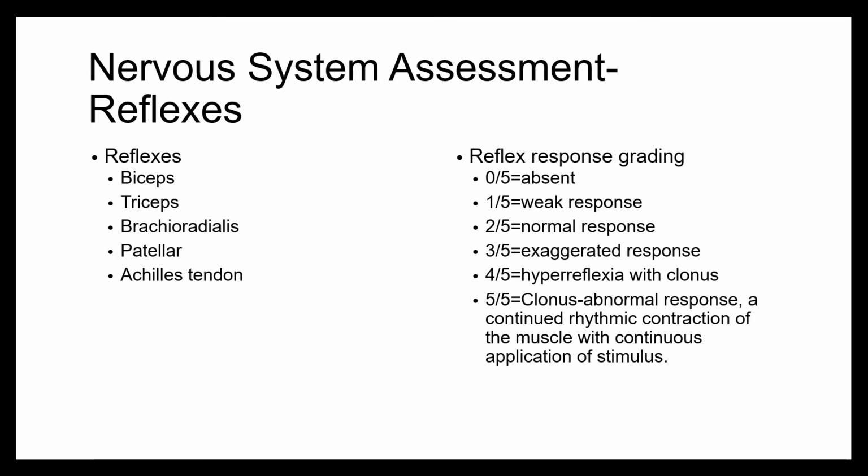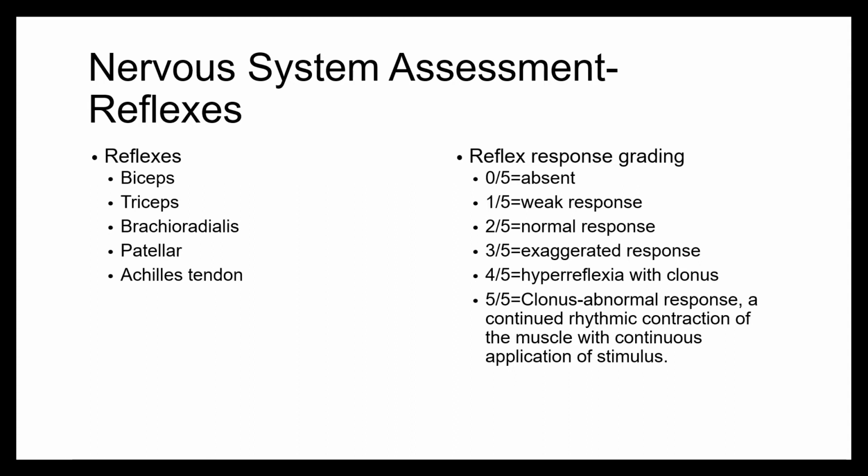We've also included the reflex response grading scale here for you to look at. This isn't something that you need to memorize score for score, but understanding that obviously if we gave someone a 0 on the reflex response, that means that they have an absent reflex to that particular area. So you would need to identify which reflex it was that you weren't able to locate, versus a 2 being